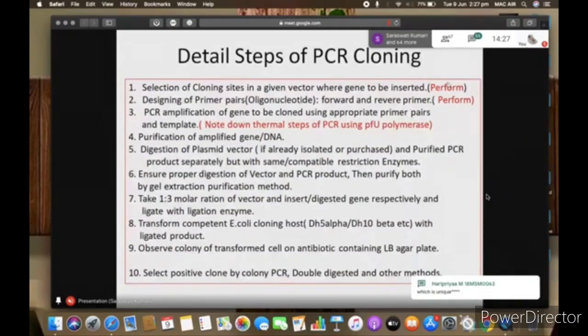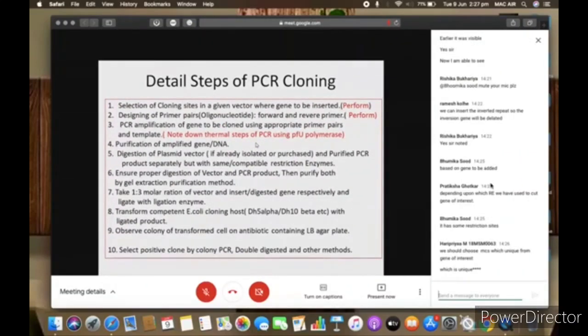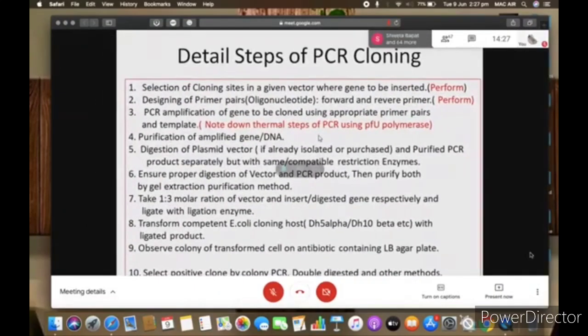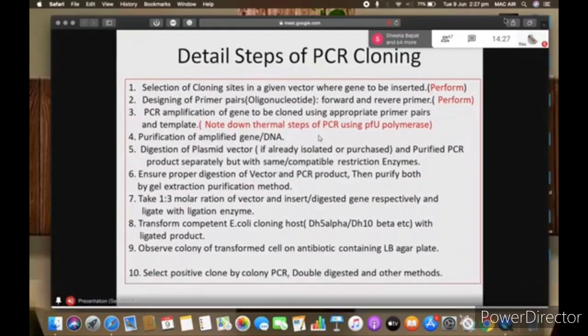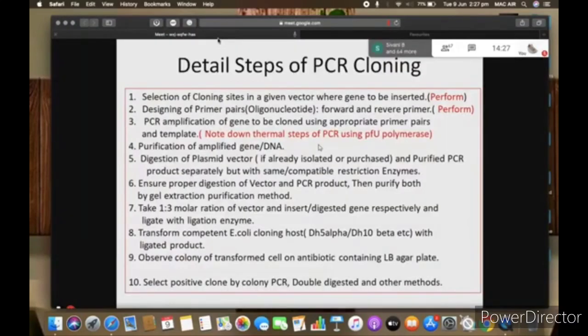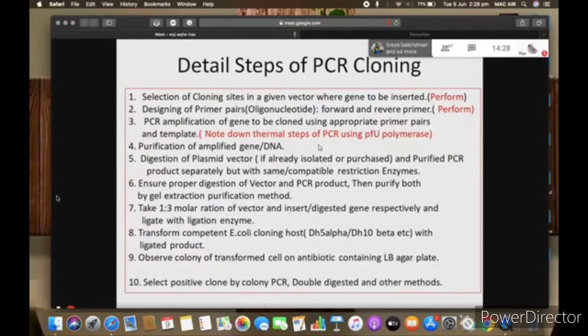Chalo Mohit. Yes, sir. So at which site you will clone? What is the basis of searching that MCS? Sir, if there is a tag such as this tag, then we will check the open reading frame for the tag, and according to that, we will also check that both the restriction sites are not overlapping. If there is a tag in the vector such as this tag or GST tag, then we will check the open reading frame of the tag, and according to that, we will select the restriction site.